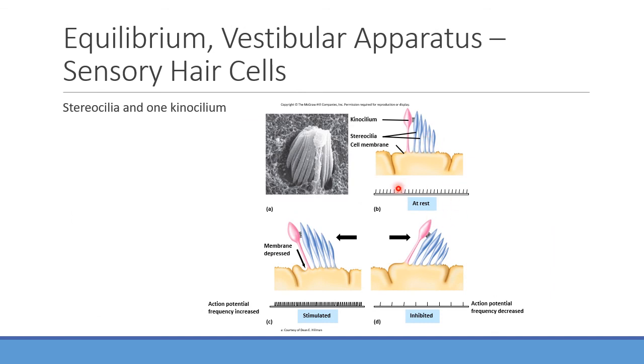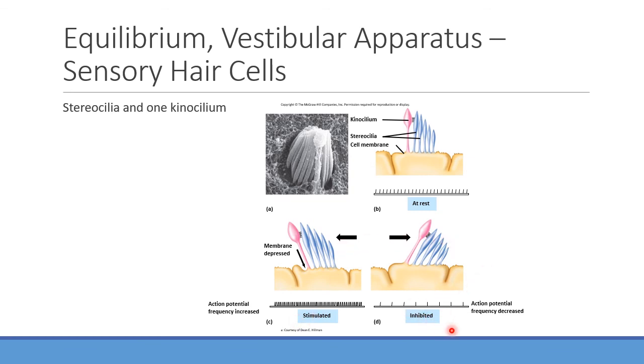You kind of see here, if you're looking at rest, every one of these hair cells is going to have kind of a baseline action potential being sent out. So again, some of these potassium channels will be open. However, when you pull it one direction, say for instance you pull the kinocilia this way, you're going to see that it's going to be opening up potassium channels. You're going to see a lot more action potentials occurring. It's stimulated. You pull the other direction, you close off those channels, and now it's going to be inhibited.